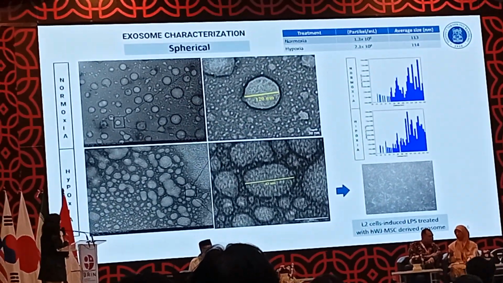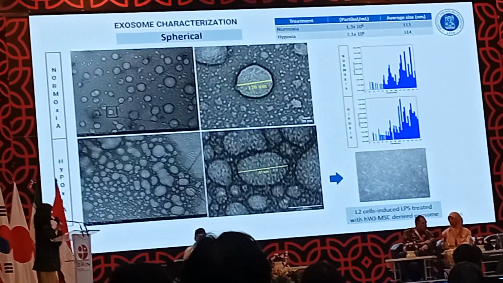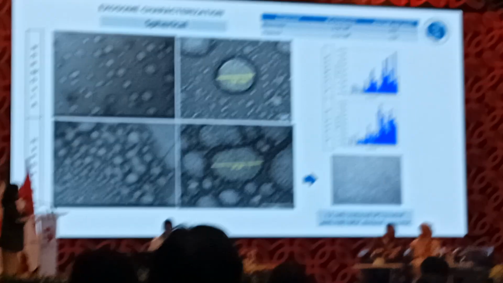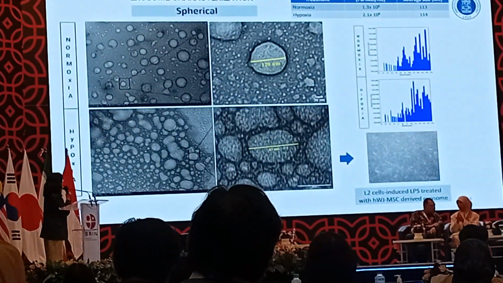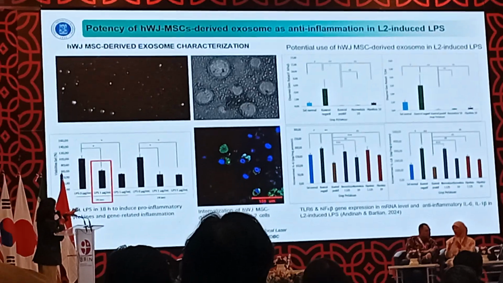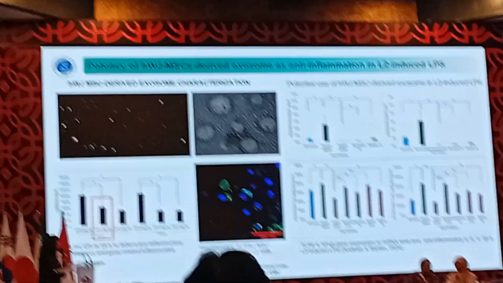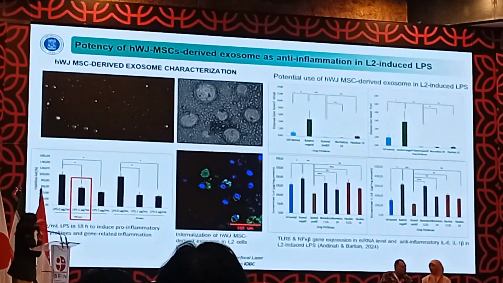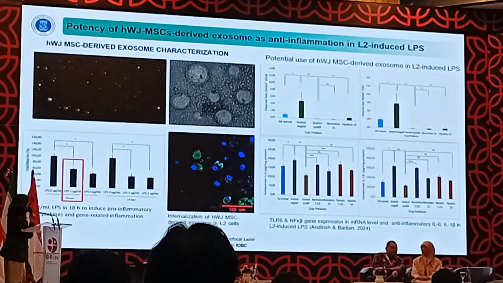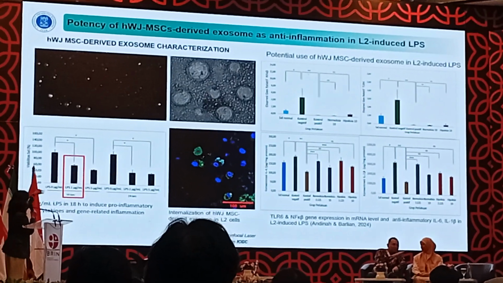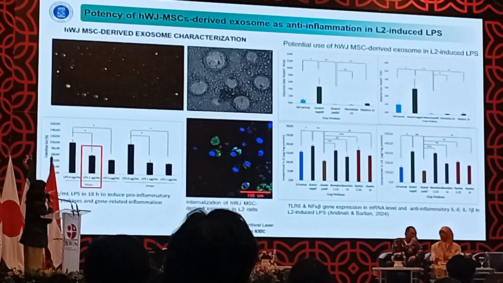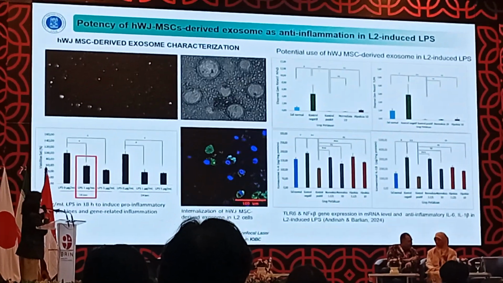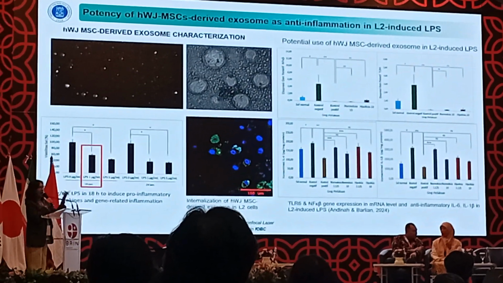And you can see the shape is the same. It's similar between normoxia exosome or the hypoxic exosome. Next slide, please. So we use the L2 cell line, yeah, the lung cells. So we have the data from NTA and also the TEM with the clear spherical shape and also the lipid bilayer. And we can also see that within hours, not within minutes, within hours.